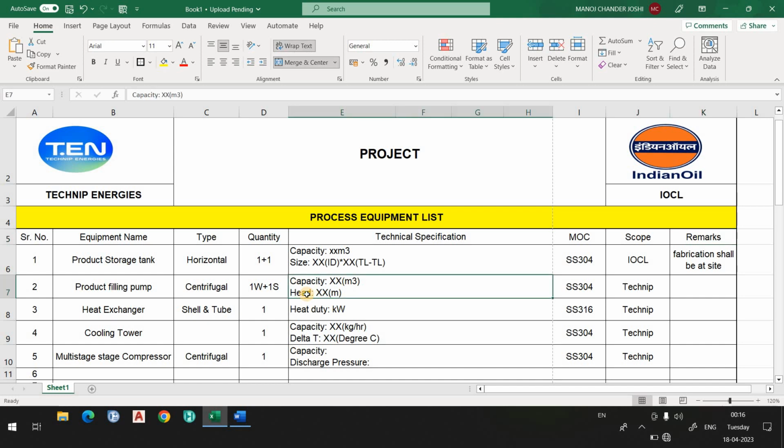Okay, and after that, whenever you prepare the process data sheet, the capacity you could check from here, right? Whenever you are designing the cooling tower, the capacity you could check from here. Whenever you are designing the heat exchanger, pump, or tank, the technical information you could get from here, right? So that is the significance of the equipment list. And while preparing the PNID as well, we check in each PNID that all the equipment which we mention in the equipment list are there as well.